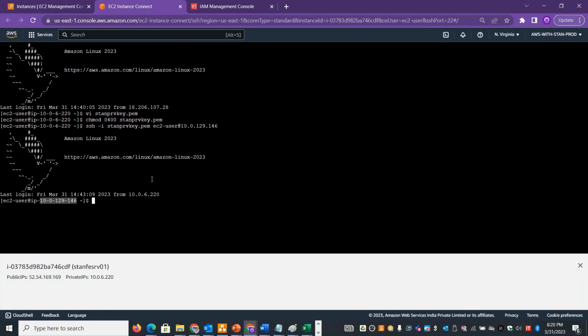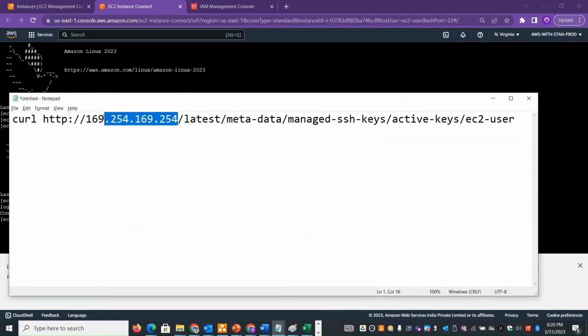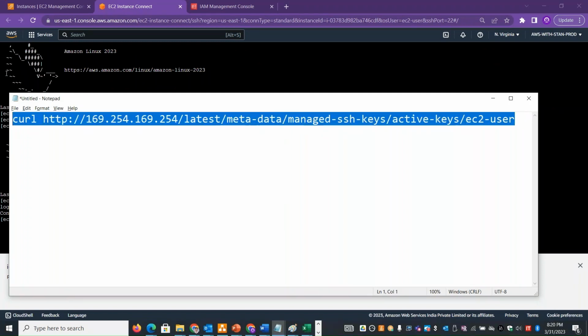You can also do one thing. I can exit from the system. I'll also show you where exactly the instance metadata gets stored for the Instance Connect public key. This is the exact location where it gets stored. We call this IP address the instance metadata IP, or IMDS IP. Using this IP, you can get all the metadata information that is there at the EC2 platform level. If you want to check the currently active keys on the system, you can copy and paste it. Since it is already 60 seconds,